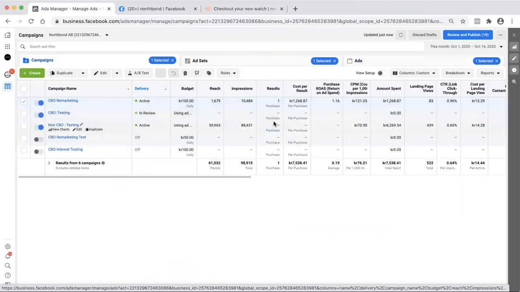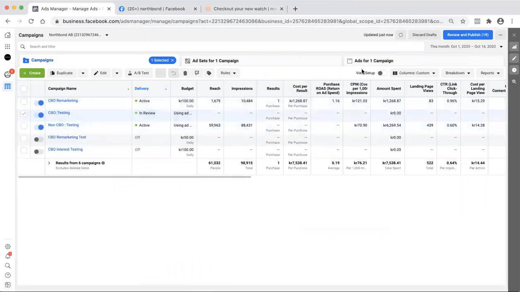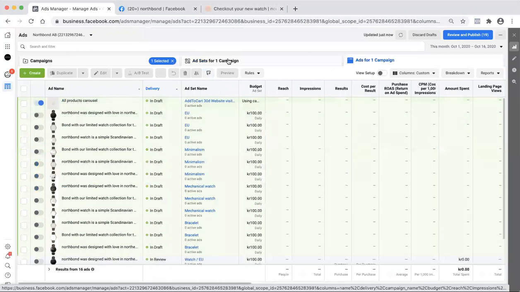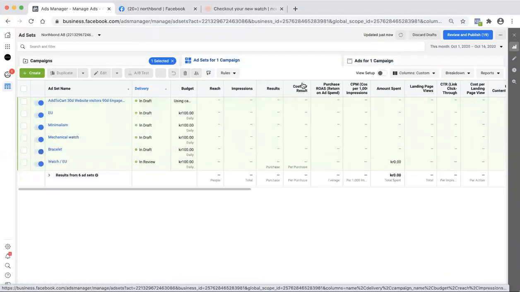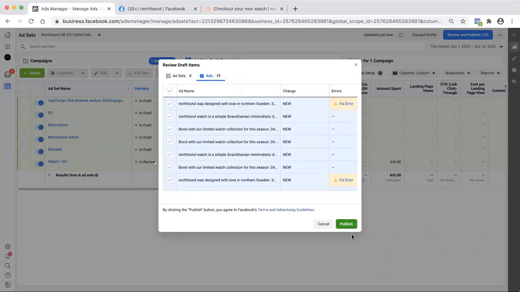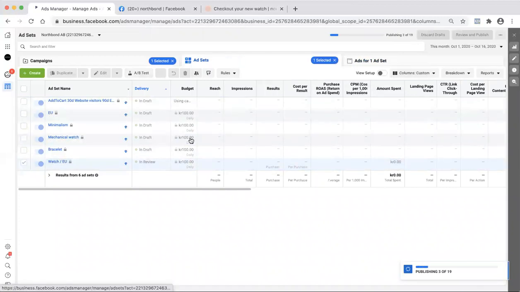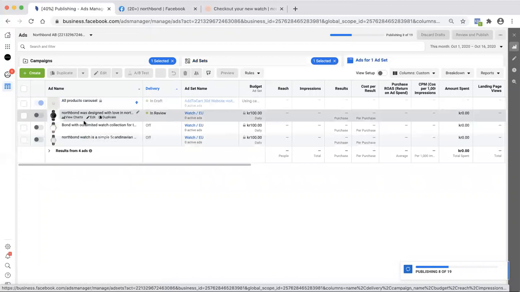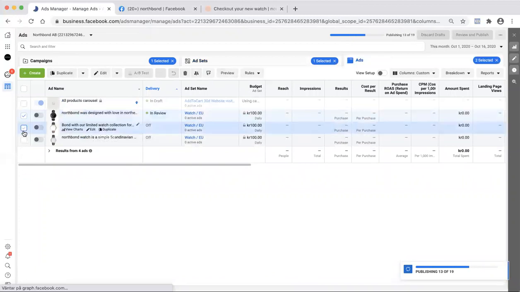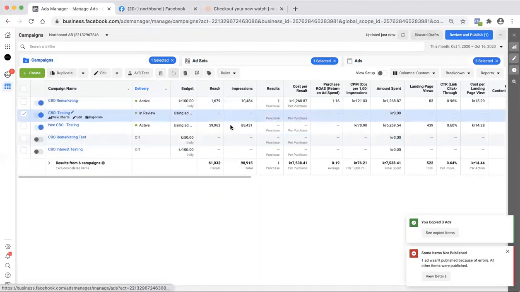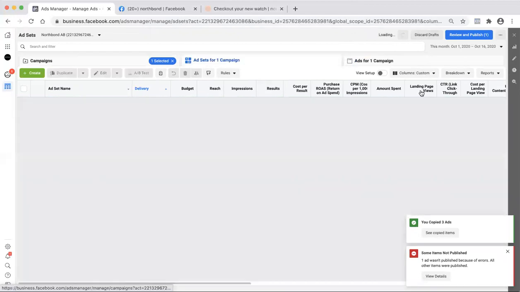Well, here's what we're going to do. We're going to go to this one we just put together. Well, first we need to get these published so that we can see what's going on. We're going to go inside one of these, and we're going to grab our 3 ads we created, copy them, and we're going to go over here, back to retargeting.